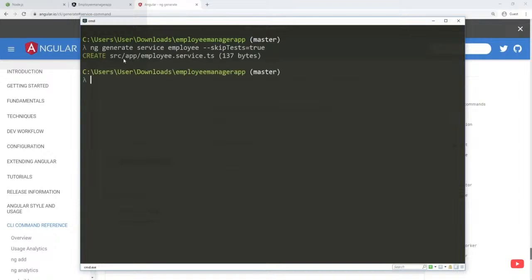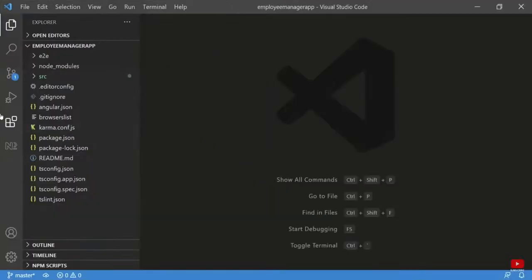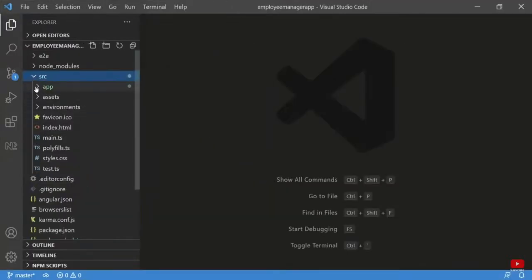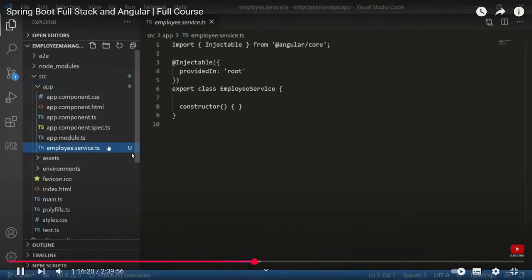As you can see now, the CLI went ahead and created this file, which is employee.service.ts, and it didn't create a spec file, which I don't need. At this point, I can just do code and then a dot, and this is going to open Visual Studio Code. Now I have Visual Studio Code open, and I'm going to navigate into the source and the app, and then here's the employee.service.ts file. So in this file, what we need to